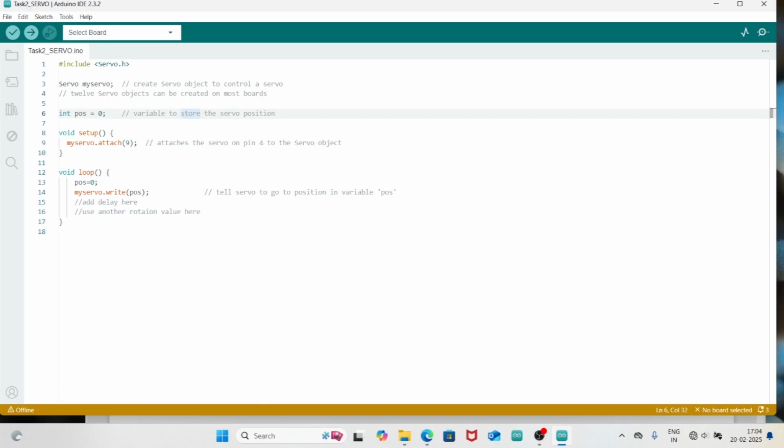Here in line number 13, it says position 0. So what we can do is enter the position there and it will go and correspondingly stop in that respective position. Maybe we will change it, let it be 0 to start off with. So I compile the program.